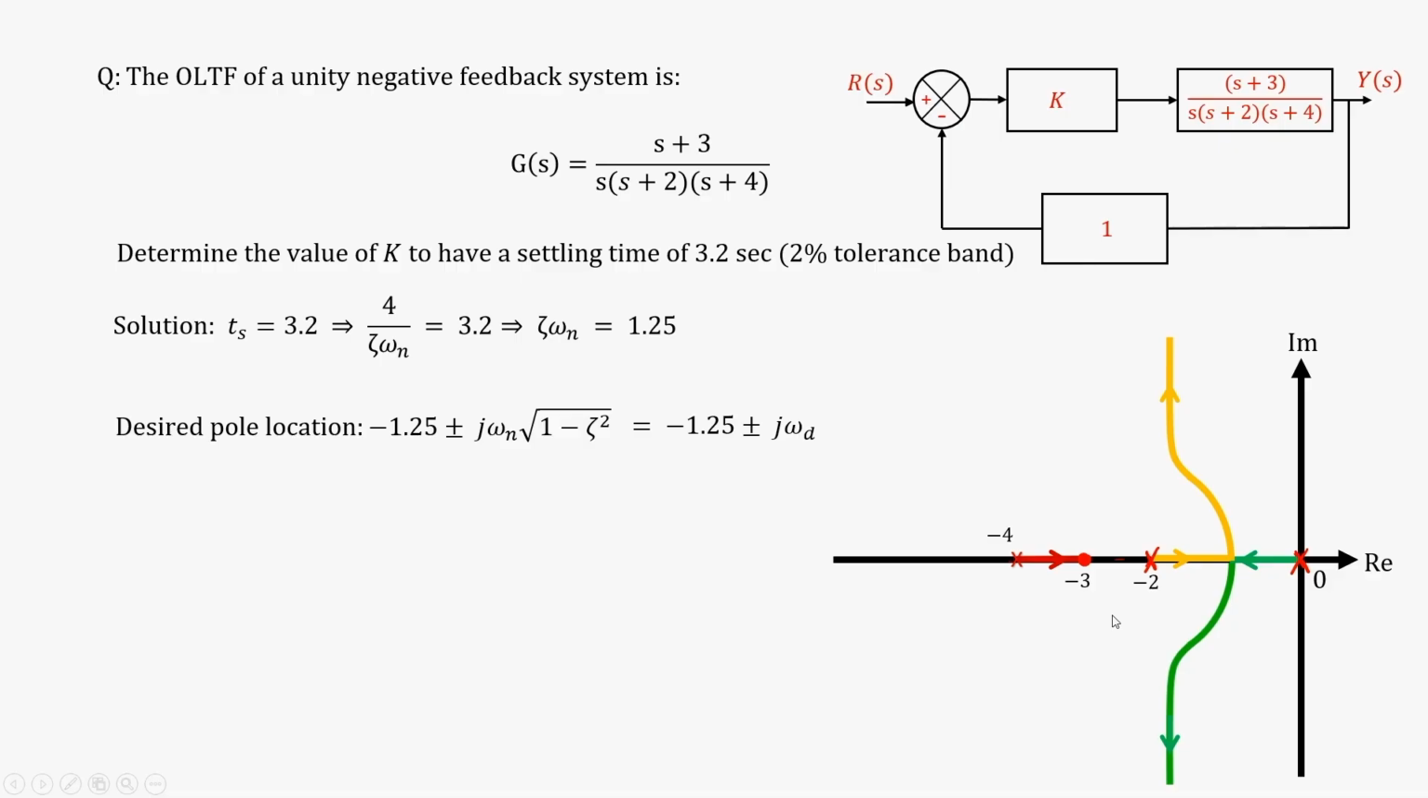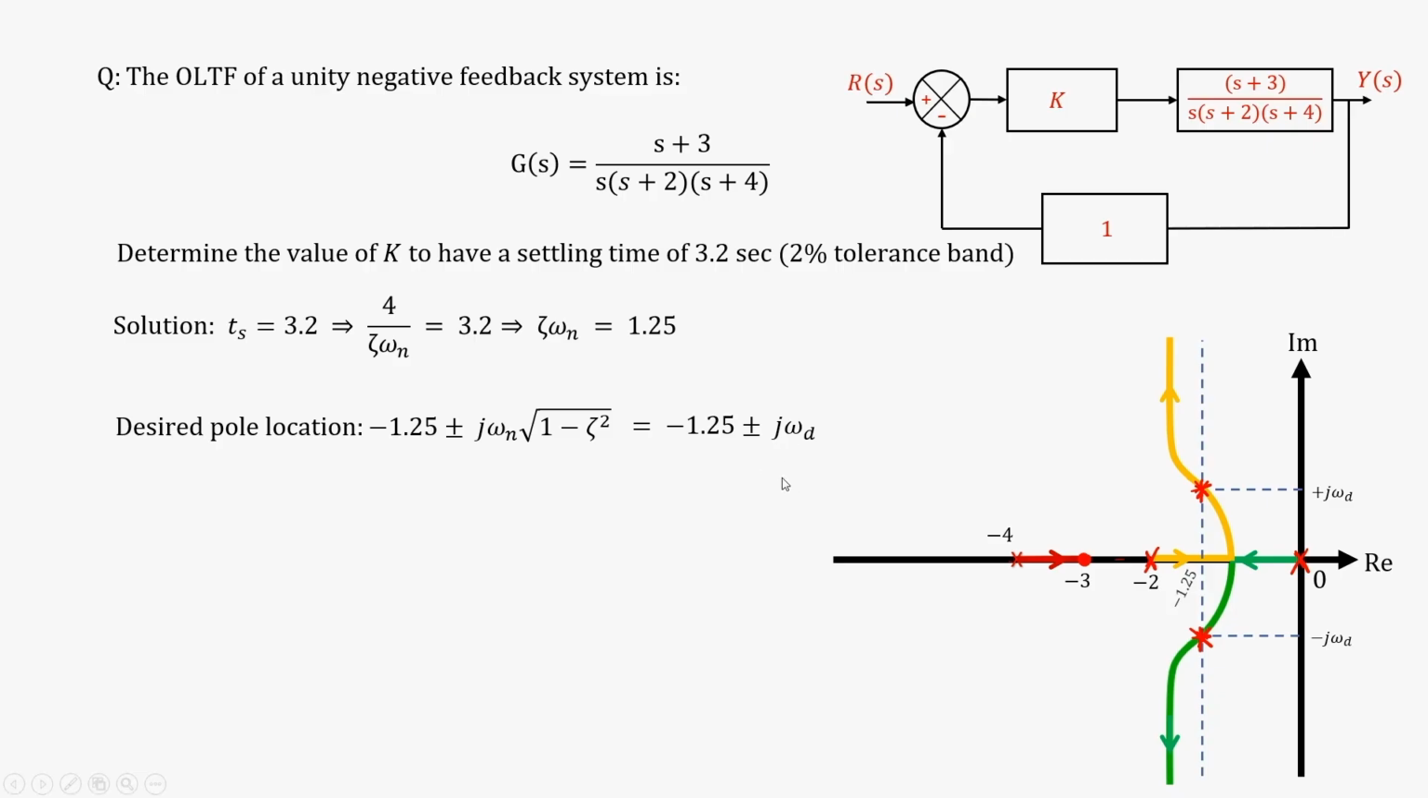So, where is the minus 1.25 line? So, the minus 1.25 line is somewhere here. So, this line cuts the root locus at this point, which means that I will be able to get to this closed loop pole location with a value of K. So, now we will have to find out that value of K, but remember I am not yet sure what is the exact desired closed loop pole location, because I do not have the value of omega d,